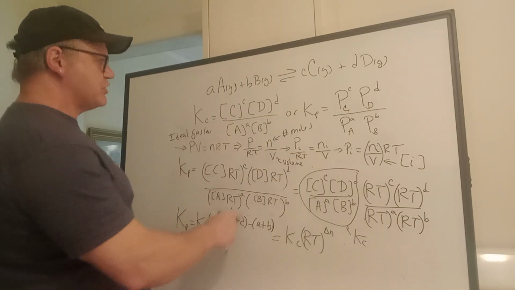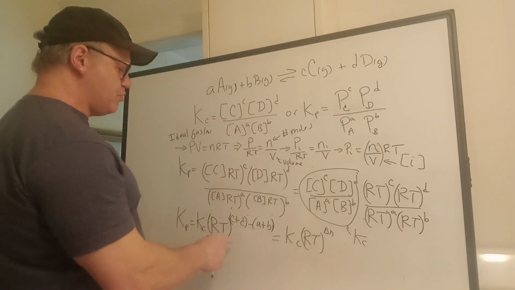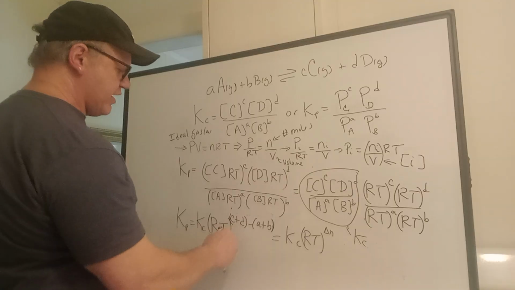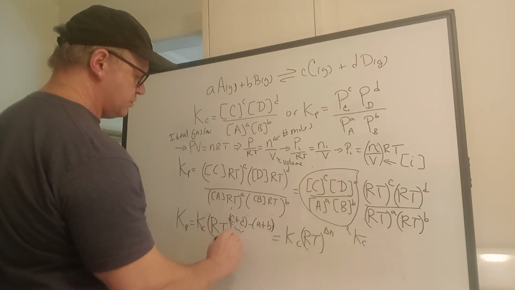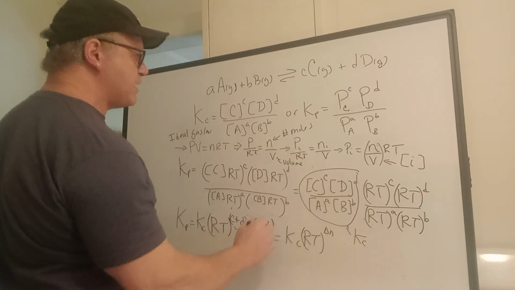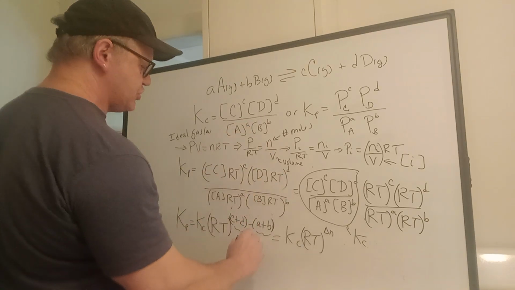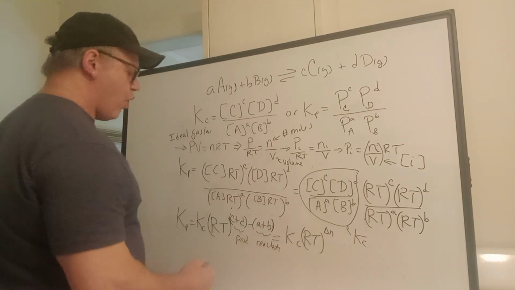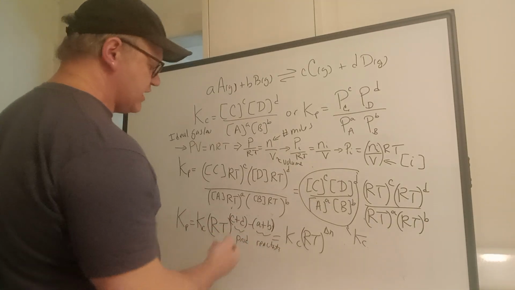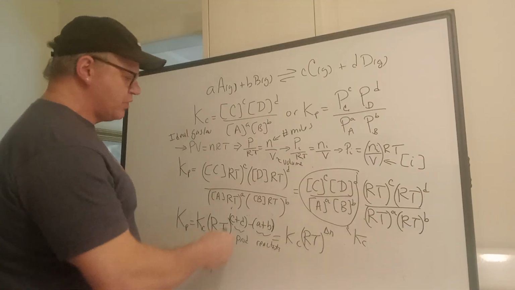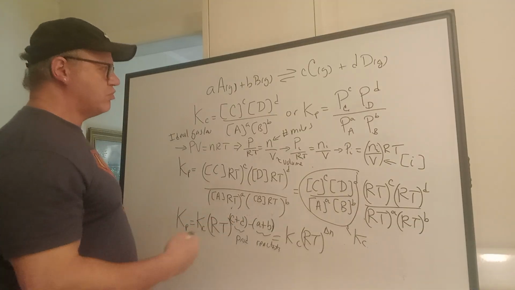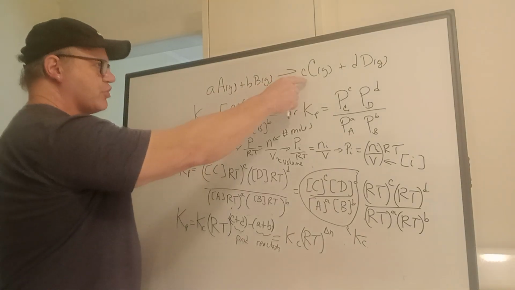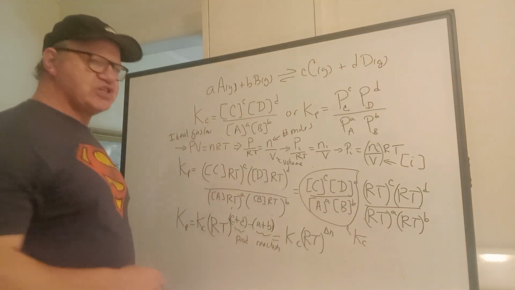those are the powers associated with the species in the numerator, which are the products. Those are the products. And A and B are the exponents associated with the reactants. All of these are in the gas phase. So these are exponents that relate to the identity of the balanced stoichiometric coefficients for the species in the gas